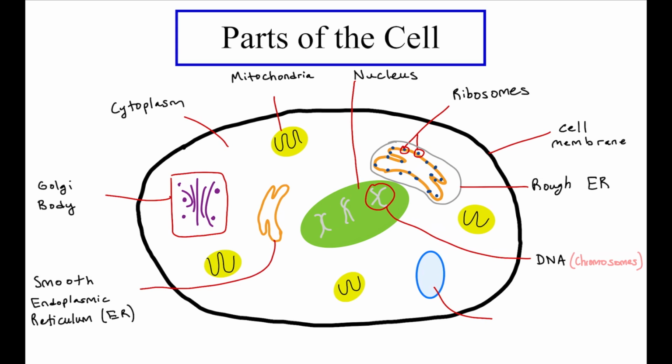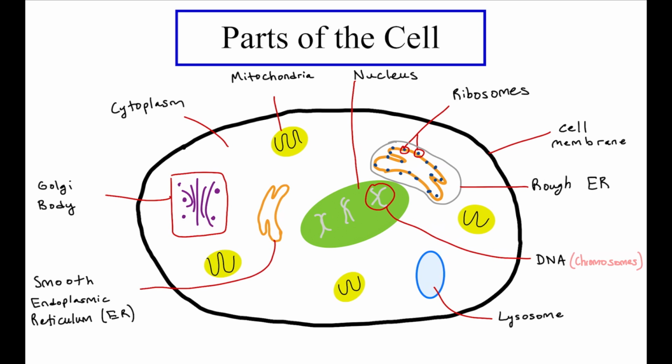And the last thing we're going to look at is this blue dot in the bottom right hand corner, and this is called the lysosome. And the lysosome is responsible for destroying things in the cell when it's done. So when the cell doesn't need proteins anymore, those will be sent to the lysosome and the lysosome will destroy it. And now that our cell is fully drawn, we can do a little activity called Cell City.